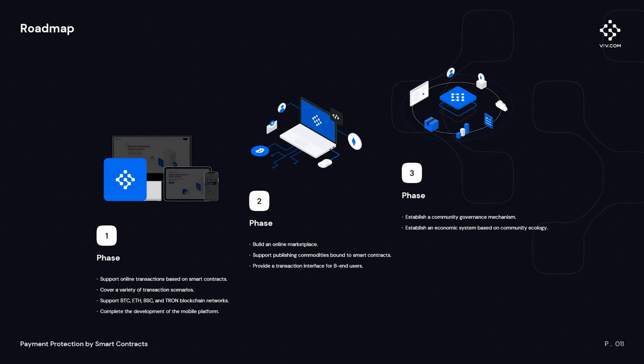During the second phase, which is projected to be realized by the second quarter of 2023, an online marketplace will be built in the VIV platform, and publishing commodities will be bound to smart contracts. Furthermore, a transaction interface will be provided to business end users. In the third phase, by the fourth quarter of 2023, a community governance mechanism and an economic system based on community